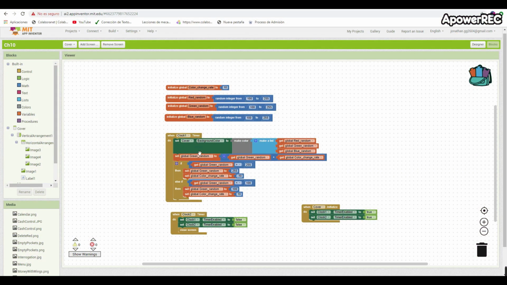When the clock timer enables, the cover background is set to this color, these values with a random integer. And then I add to this value the green random, the color change rate variable, which is 10, every time the clock finishes. Then if the value of this variable is more than